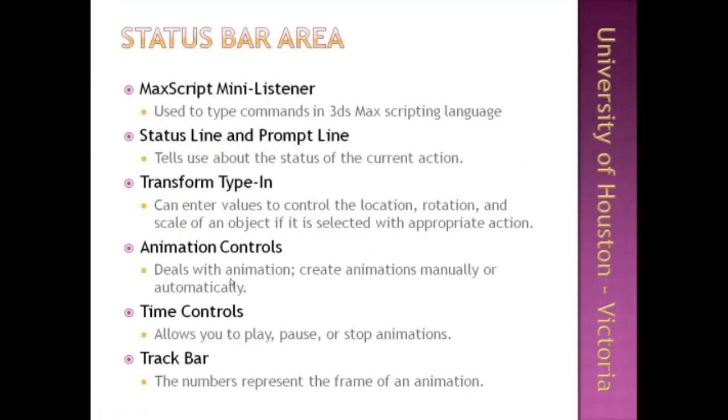At the bottom of your 3ds Max interface, you'll see an area that's called the status bar area, and I'll talk about this area in a little detail, and I'll show you on the 3ds Max how it looks like. But let me just give you a couple of quick hints about what these subdivisions of this status bar area are. To the far lower left corner of the interface, you will see 2 empty fields, and these are called the Max script and mini listener tools,